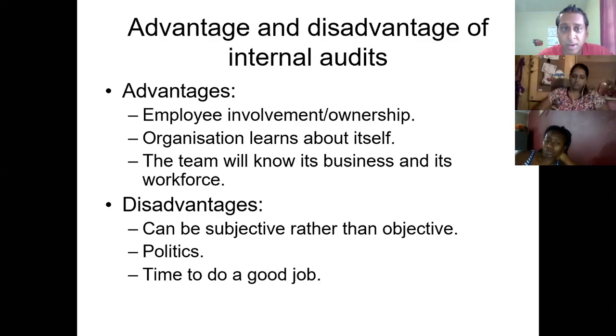So the outcome of an audit, if you remember last week's class, is not really to fire anybody, but it's to find those things that we call non-conformances and then to correct them anyway. So that was an idea of what an internal audit is like, I guess, right? I was a staff and she was a staff as well, but it's about the organization learning about itself. And what I was saying is that there are a lot of advantages and disadvantages to that.